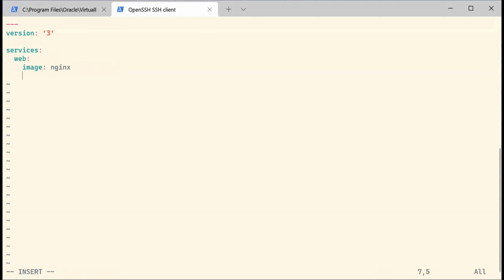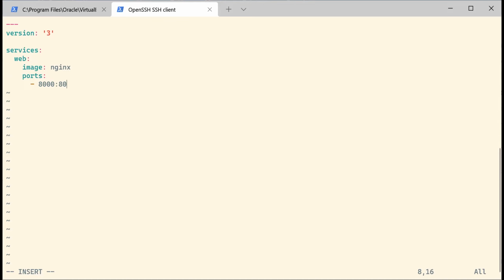Okay. So now with this Docker Compose definition, we can also specify which ports should be forwarded when running that Docker container. So the port forwarding comes as a list,